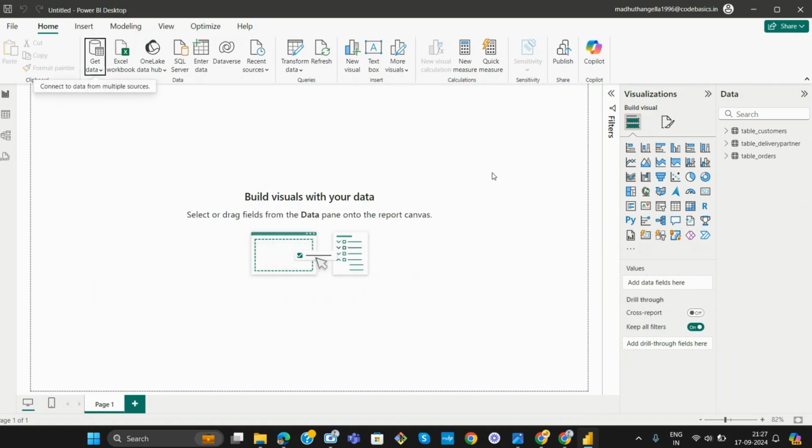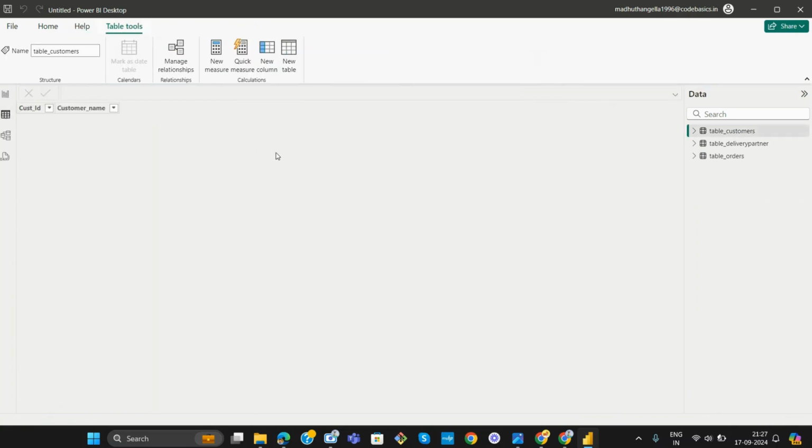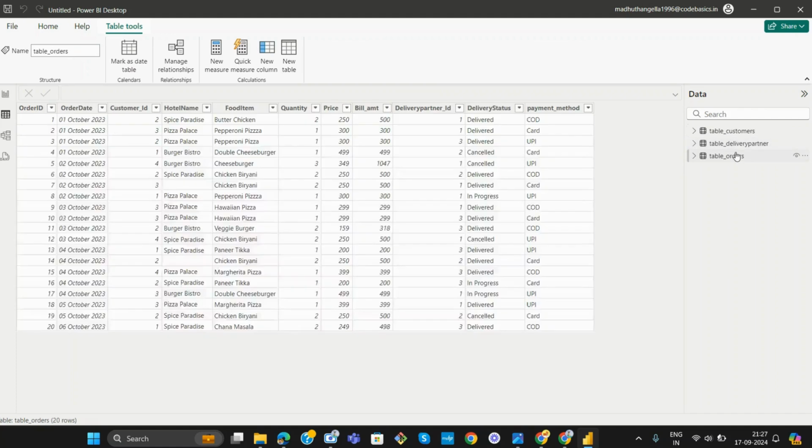Okay, now you have loaded the data from Excel. To see the data, you have to go to the table view, where you can find the tables: table customers, table delivery partner, as well as table orders. These are the tables which we got from the Excel file.